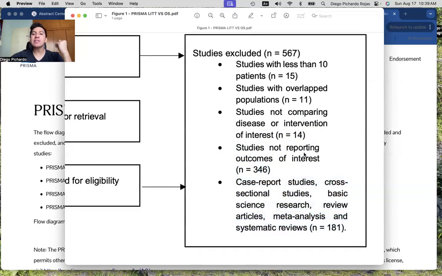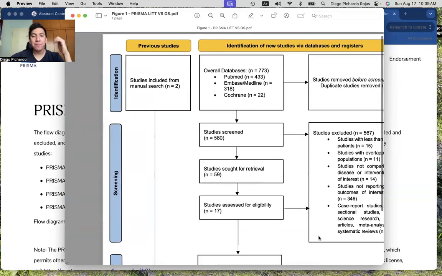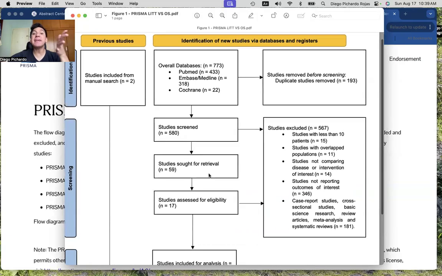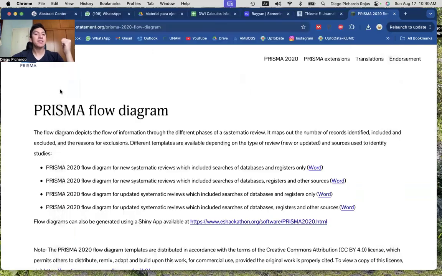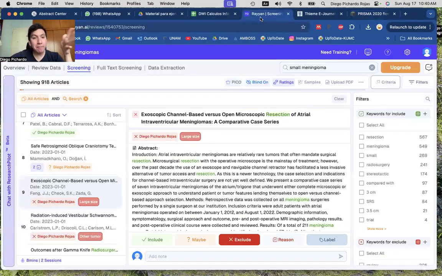Like, oh, we excluded them because they didn't report seizure freedom. They didn't report meningioma resolution. They didn't report, etc., etc. All right. So the thing is that we're gonna begin our screening with, I don't know, 900 papers. All right. So after you get these 900 papers, and the wonderful thing about Rayyan is that currently, imagine that